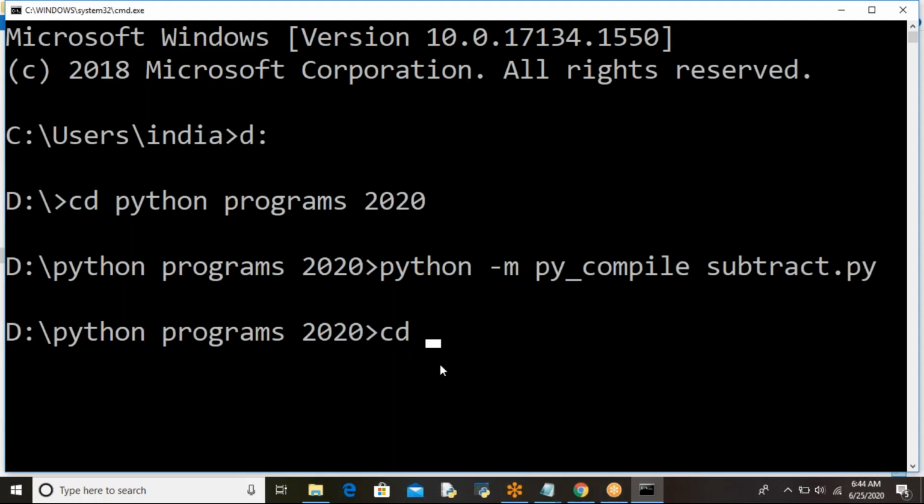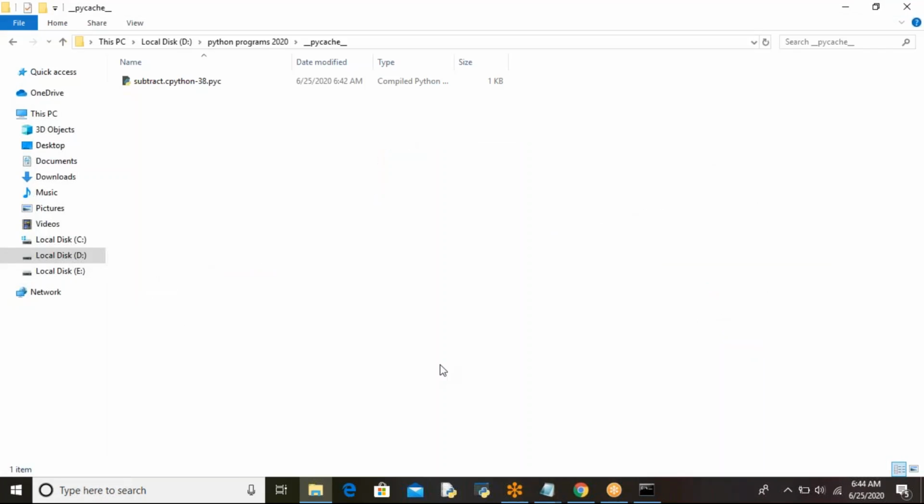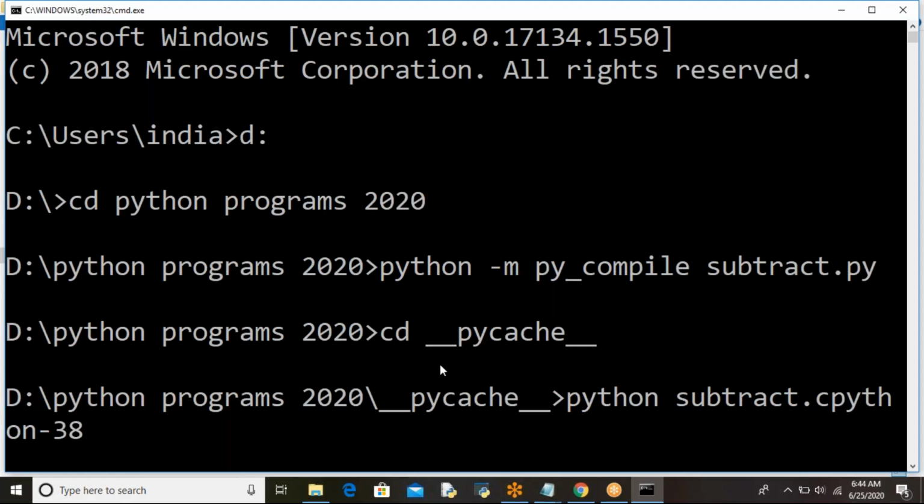So now you type cd __pycache__. Now the control is in this particular folder. Here you type python subtract.cpython-38.pyc.